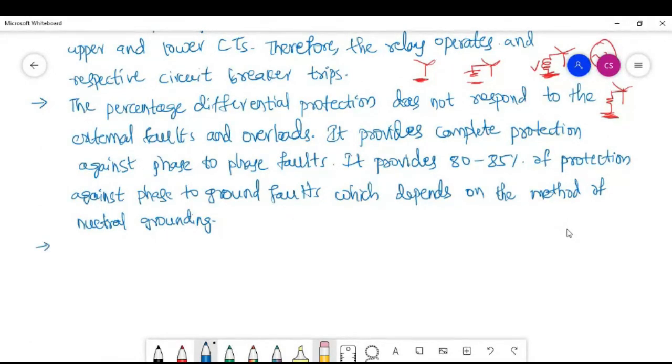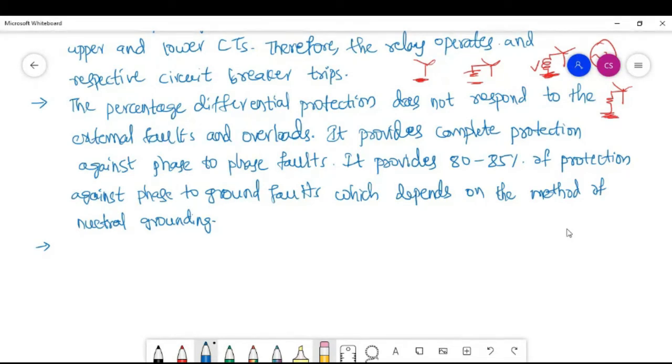And here, practically, another important point. We are saying that no amount of current is going to flow through the operating coil under normal and under external fault conditions. But practically, some amount of current is going to flow through the operating coil. Sometimes the relay may operate. So in this case the relay may operate, and for that reason we could not depend on